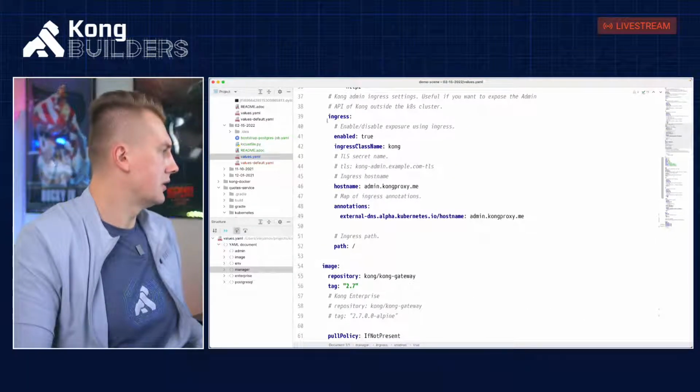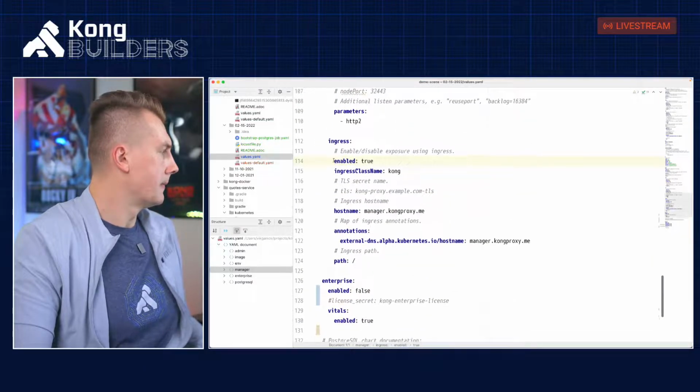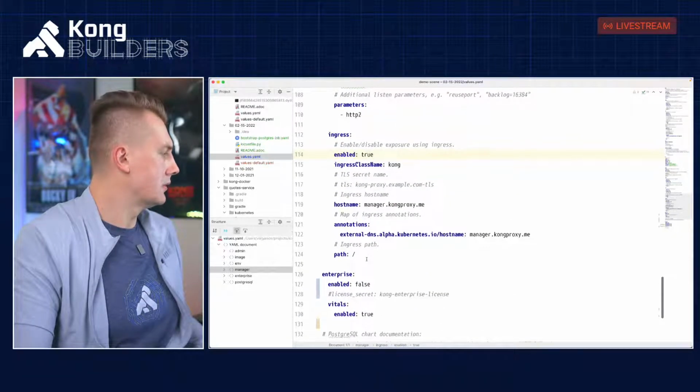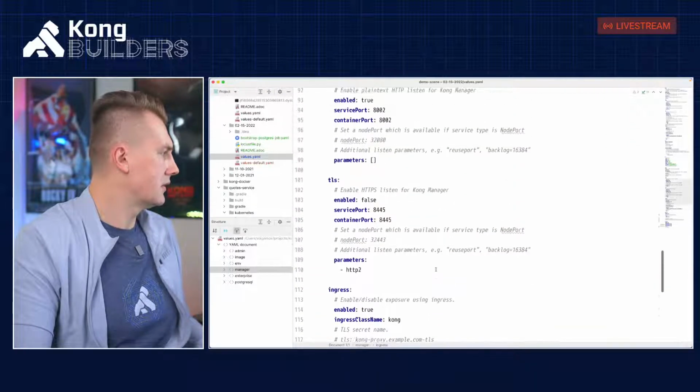I'm pretty sure. Ingress enabled, ingress, yep, ingress, host, and annotations on the same level. Ingress, yeah, so looks good. It does look good. Manager conk.proxy.me. Why was this ingress not created? That's a very interesting question.